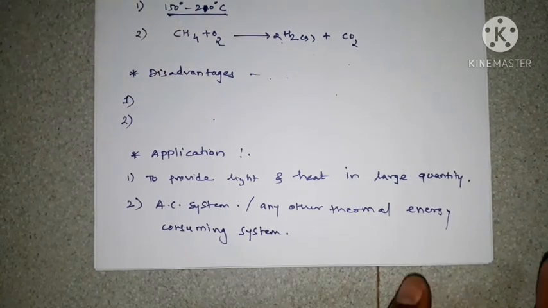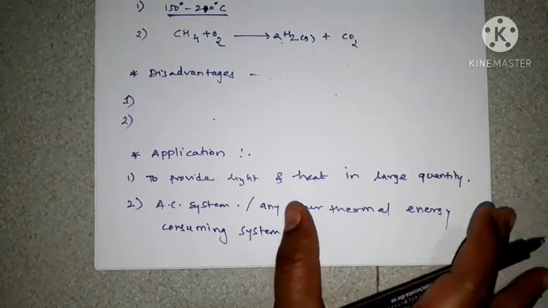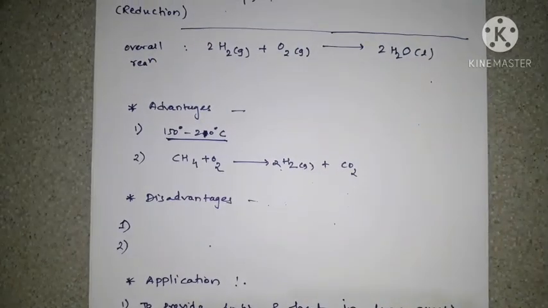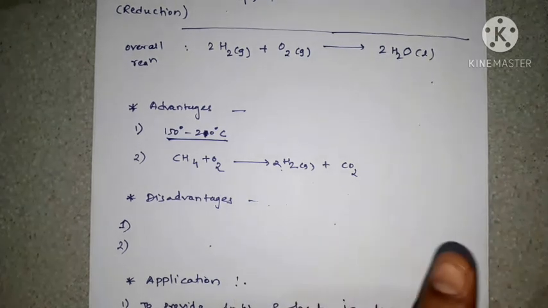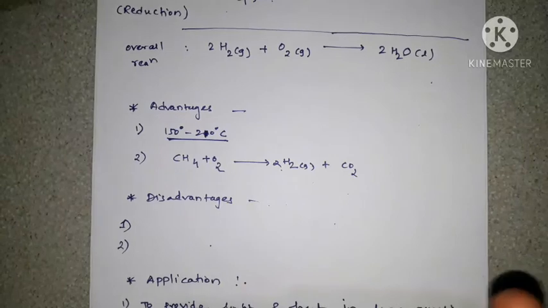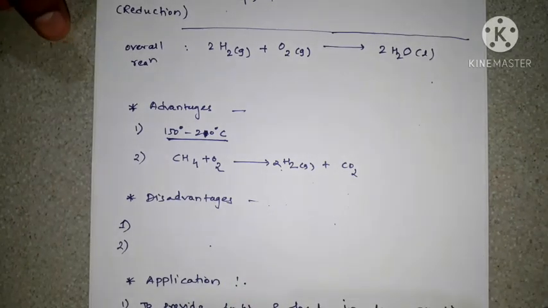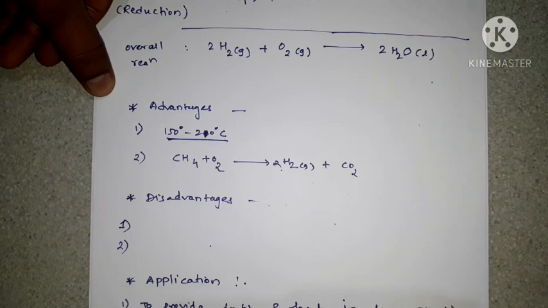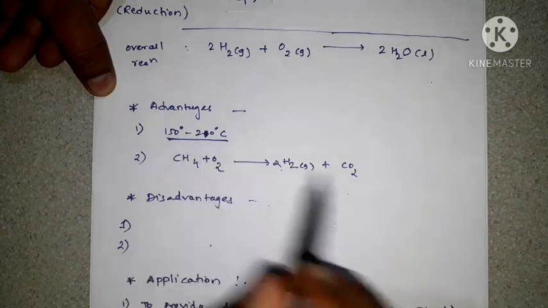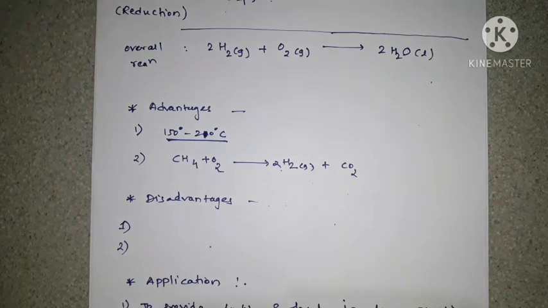Okay, so these are the applications, disadvantages and advantages of the phosphoric acid fuel cell. It is also important for 3 marks questions. This type of question, that means what are the advantages, disadvantages and applications of the phosphoric acid fuel cell, may be asked in the exam, so it is also important. Okay, in the next video we will see the high temperature fuel cell. Okay, thank you.